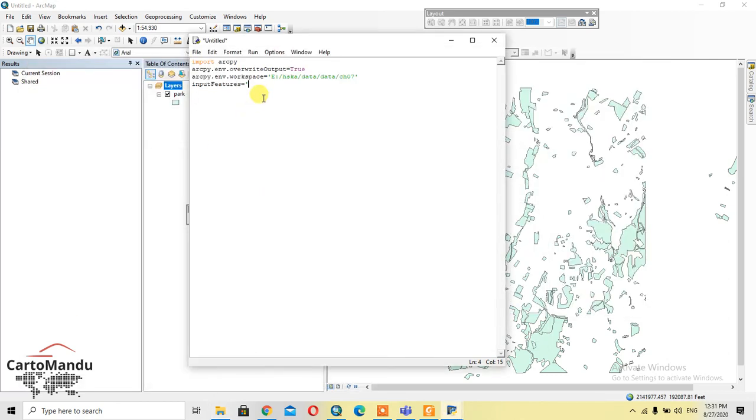So I'll write park.shp and output features. You can give your own name. I'll write boundary output.shp. Okay, then after that call the function using ArcPy dot